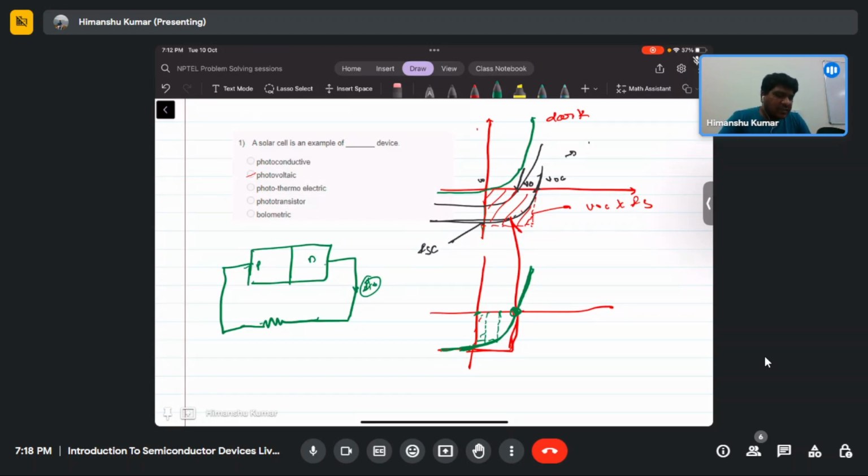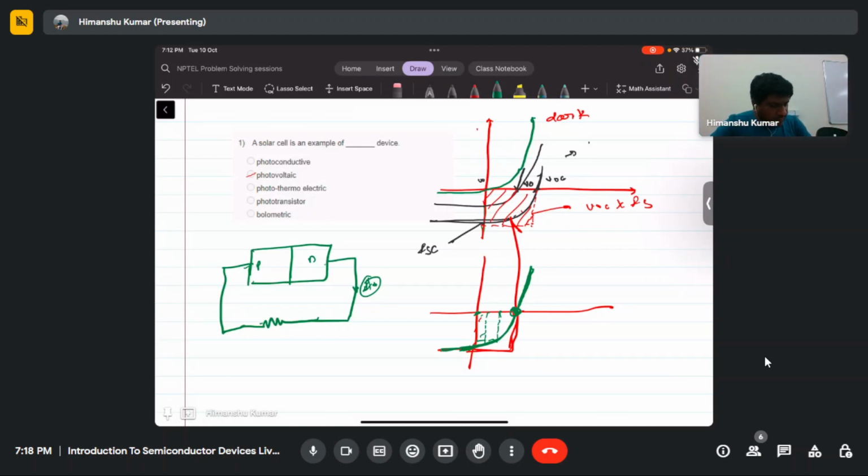There is some effect due to temperature, and there may be some other parameters playing out, but those are not that significant. So I doubt that sir has said this. Maybe at the end of the session you can look at the slides. Okay, I will see the slides. Then we can discuss.